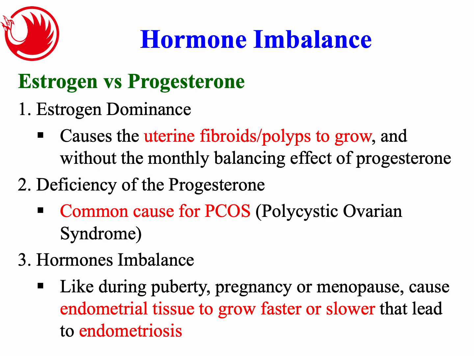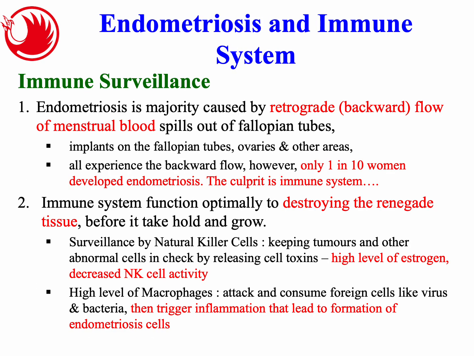Okay, next we look at endometriosis and the immune system. Endometriosis is a major cause of, as we just mentioned, the backflow of menstrual blood spilling out of the fallopian tube, which is called retrograde flow. Menstrual blood flows back, spills out of the fallopian tube and implants on the tubes, ovary, and other areas. Many women experience this backflow, but only 1 in 10 develop